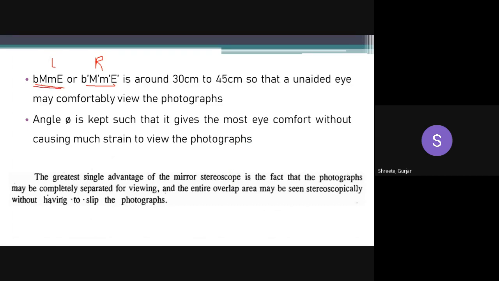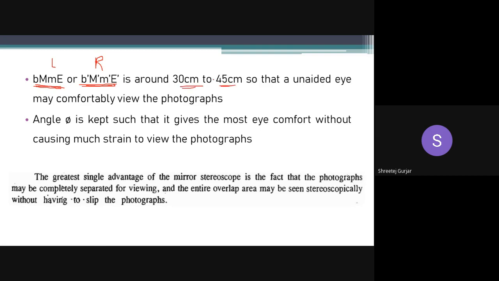This is the line of sight. Similarly for the right-hand side, all the letters are the same, but with a dash: B dash, M dash, small m dash, and capital E dash. This line of sight distance is around 30 centimeters